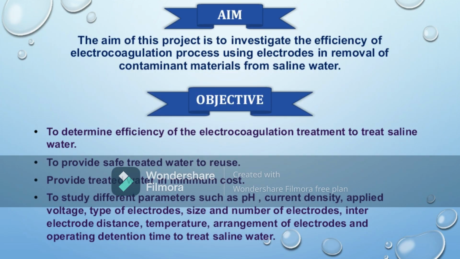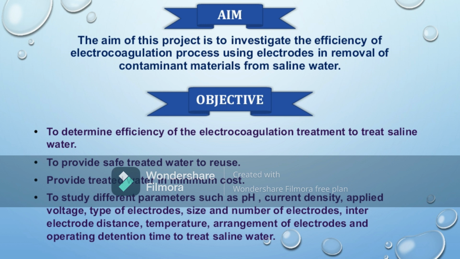The aim of our project is to investigate the efficiency of the electrocoagulation process using electrodes in removal of contaminant materials from saline water. The objective of our project is to determine the efficiency of the electrocoagulation treatment to treat saline water, to provide safe treated water to reuse, to provide treated water at minimum cost, and to study different parameters such as pH, current density, applied voltage, type of electrodes, size and number of electrodes, inter-electrode distance, temperature, arrangement of electrodes, and operating retention time